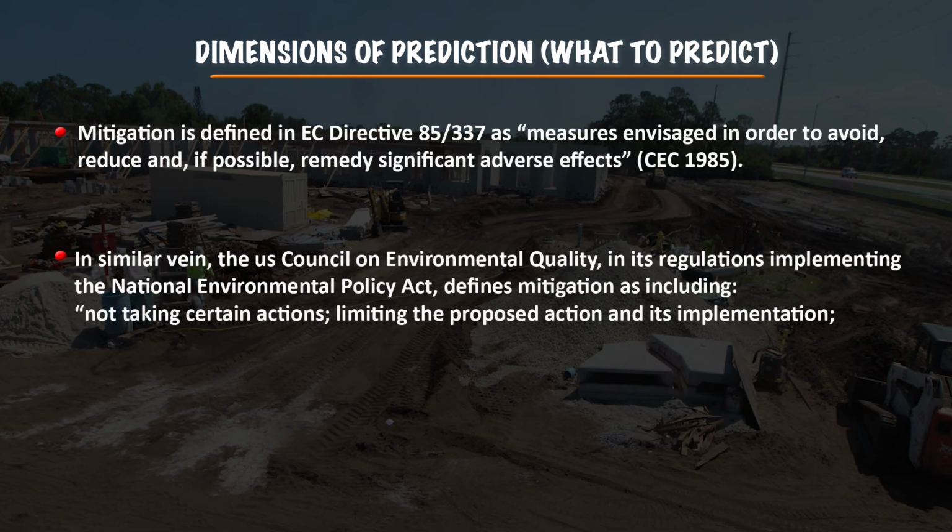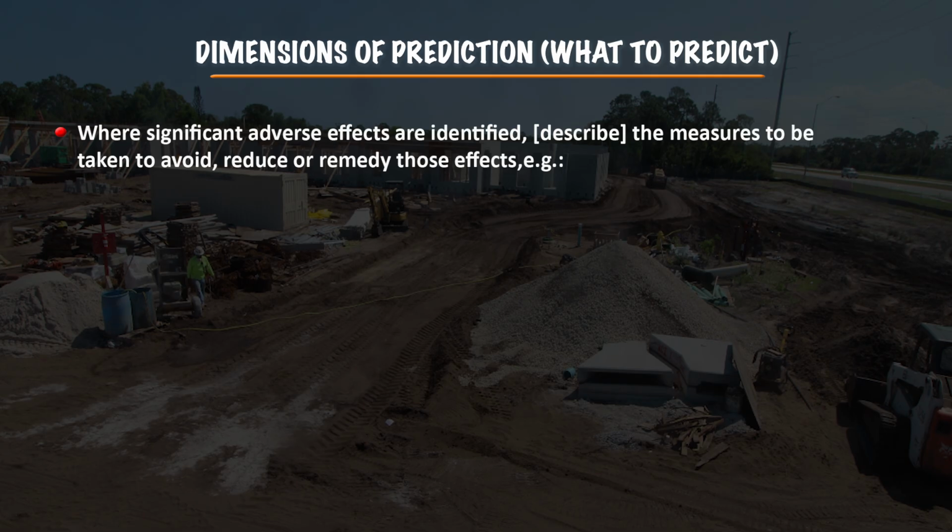The US Council on Environmental Quality, in its regulations implementing the National Environmental Policy Act, defines mitigation as not taking certain actions that limit the proposed action and its implementation, whereas significant adverse effects are identified, that means described in the report, and also the measures to be taken to avoid, reduce or remedy those